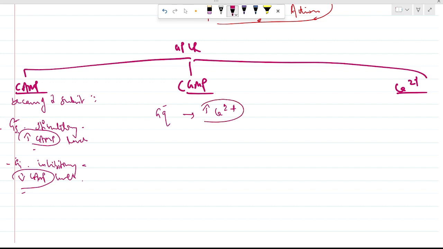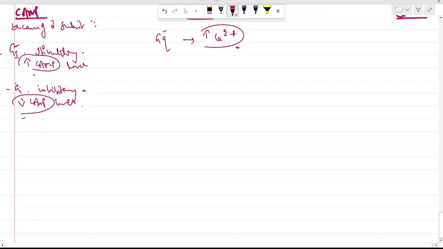The third is calcium. We have seen this Gq increases the calcium levels. The cGMP through this Gq